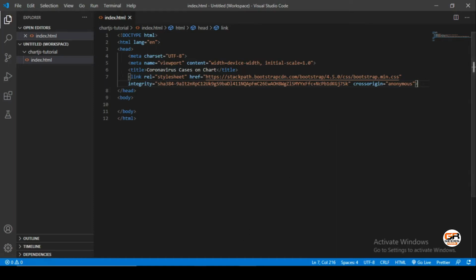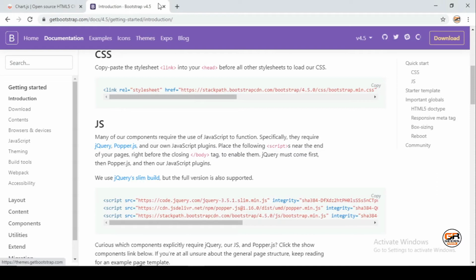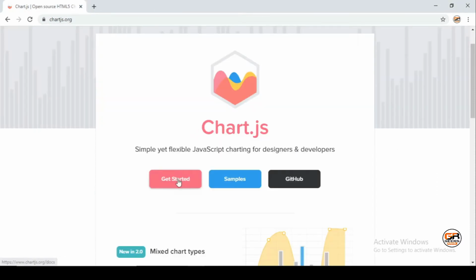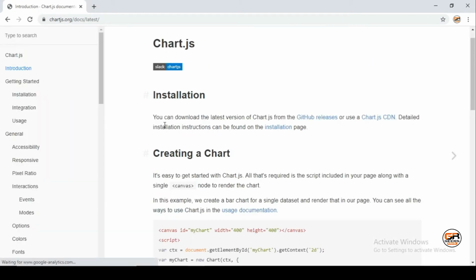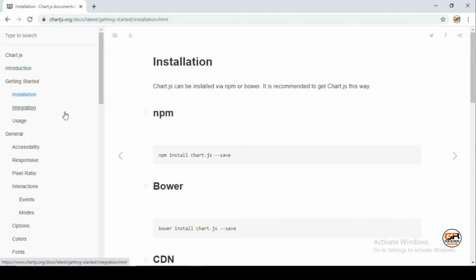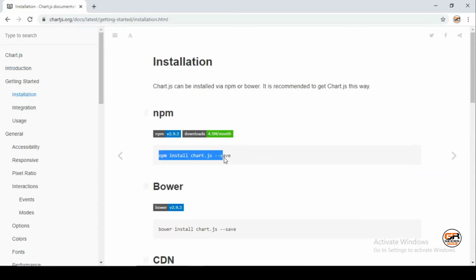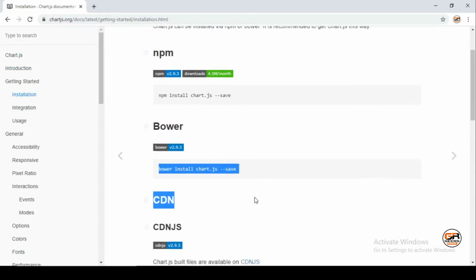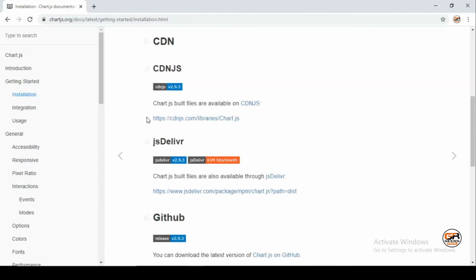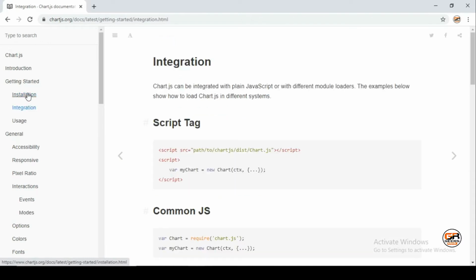For that, visit chart.js and click get started. As you can see, here is the installation process. You can install via npm, bower, or CDN. We will use CDN here.